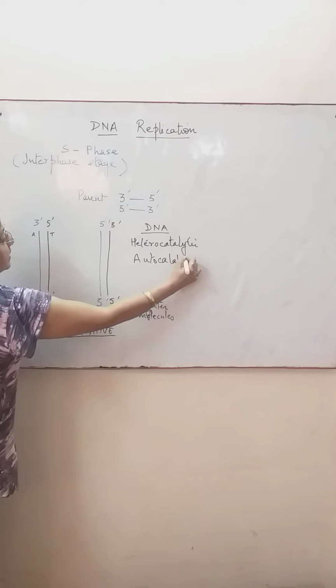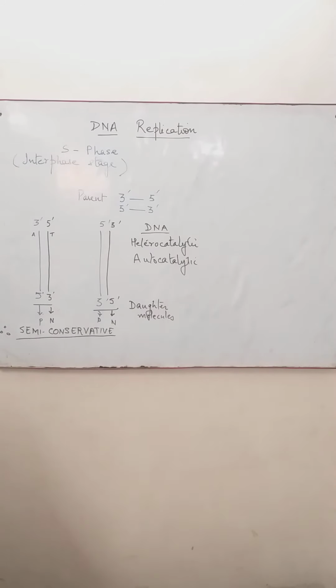What do we mean by heterocatalytic? Heterocatalytic is, since the DNA molecule has the coding in the form of gene code to synthesize a particular kind of protein and other molecules such as mRNA, other than itself, that is why it is heterocatalytic. And autocatalytic means it can synthesize its DNA itself. That means it is synthesizing its own DNA, that it's making a copy of itself. So therefore it is autocatalytic.